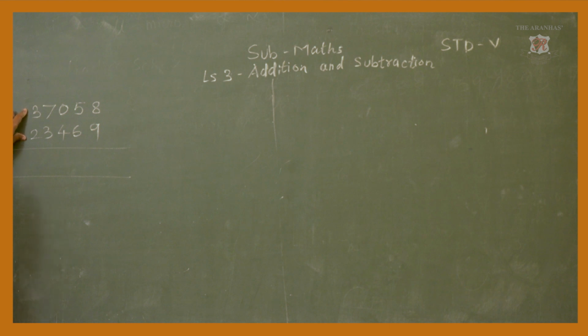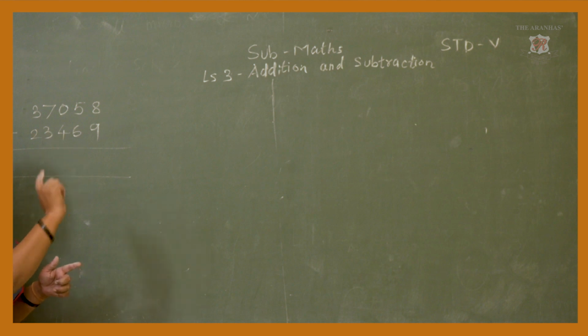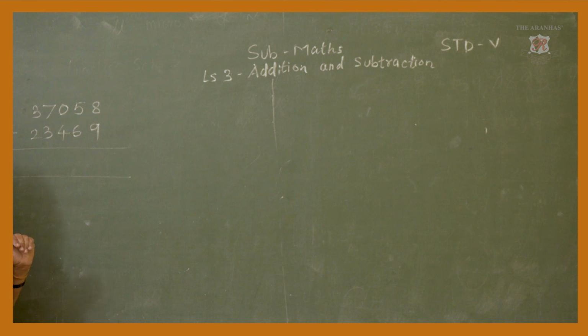See whether both numbers have the same number of digits or not. Here it is 5-digit number and 5-digit number, so it is no problem, and it is already given in the vertical manner. But when it is given in the horizontal manner, first check the digits of those numbers, and write the numbers that way. Leave the space for borrowing the numbers, and start to solve the sum.